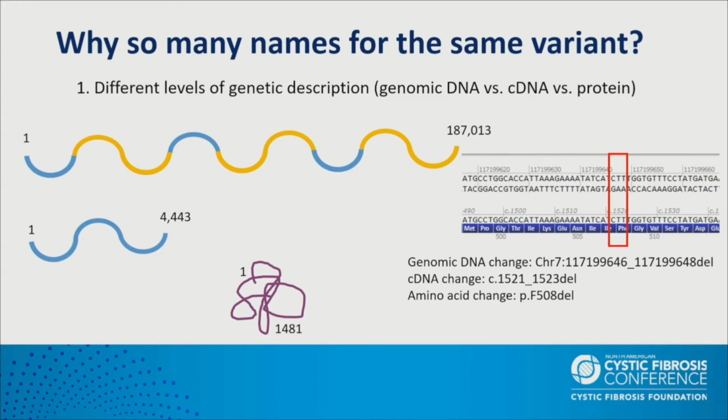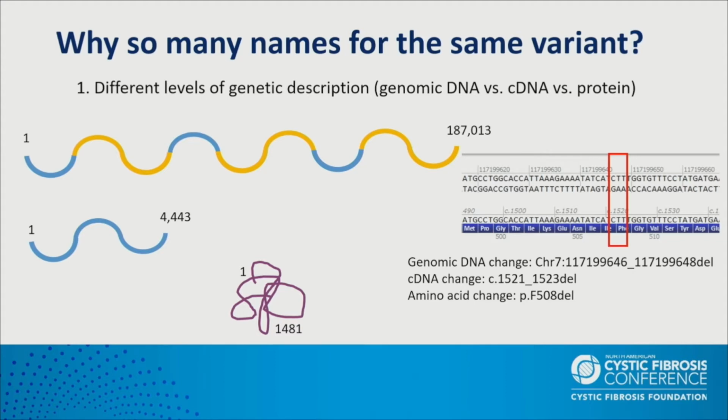So the genomic DNA change is very specifically orienting someone to where in the extensive DNA sequence that change occurred. The cDNA is referencing just the coding DNA, and then the protein change,